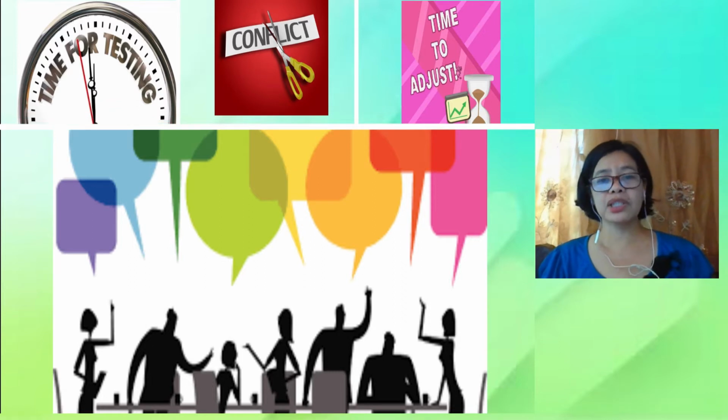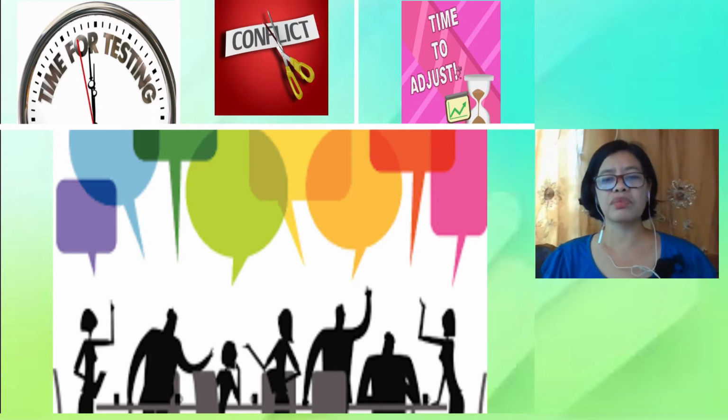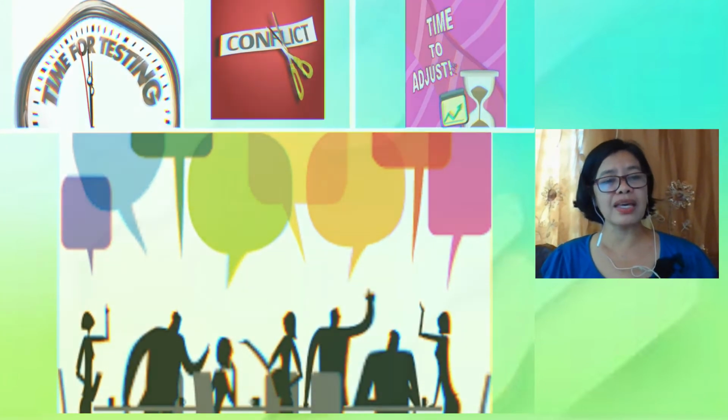The middle stage of treatment groups is characterized by an initial period of testing, conflict, and adjustment as members work out their relationship with one another and the larger group. When this testing, conflict, and adjustment occur in the group, these are signs that members are becoming comfortable enough to assert their own needs and their own vision of the group. So they can be comfortable already to oppose ideas and to give their opinions, and that means they are on the way to getting comfortable with their group.